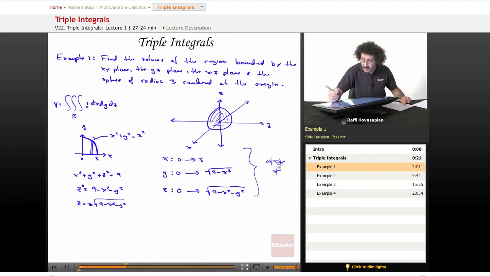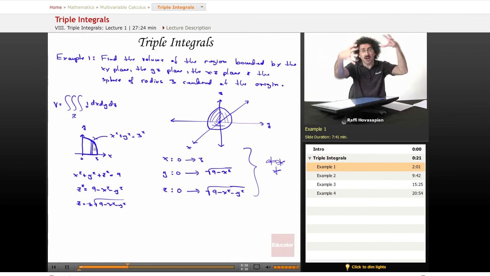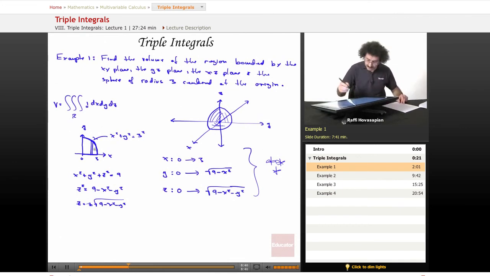This is what's important. I need to be able to express the region. I'm integrating x from 0 to 3. I'm integrating y from 0 to radical 9 minus x squared. And I'm integrating z from 0 to radical 9 minus x squared minus y squared. In other words, I go in the x direction, go in the y direction, then I integrate in the z direction, depending on what my boundary is. So now I have my integral. So the volume, excuse me, is going to equal